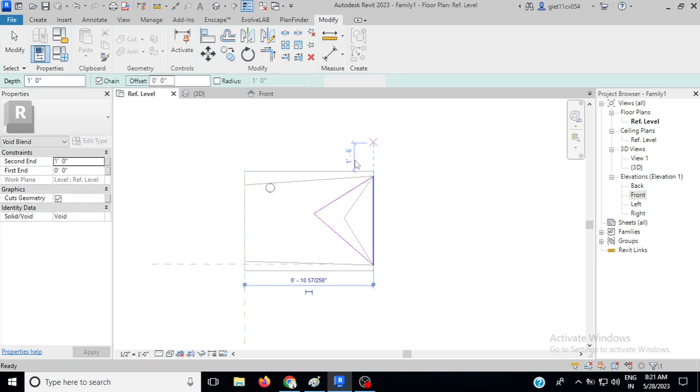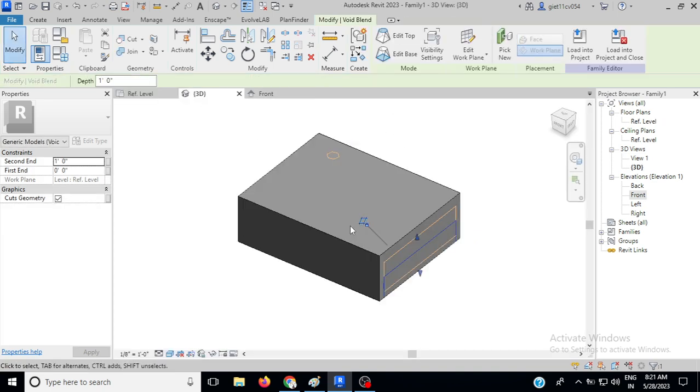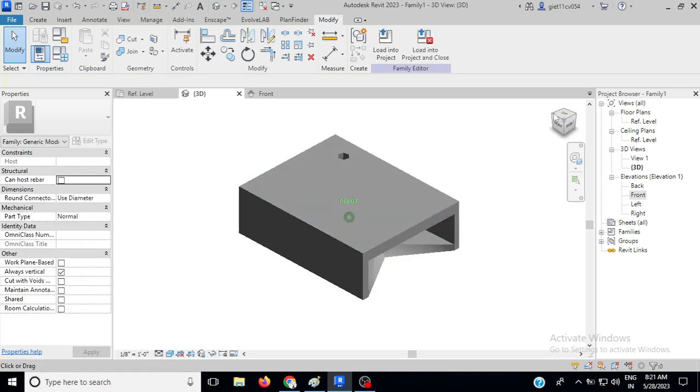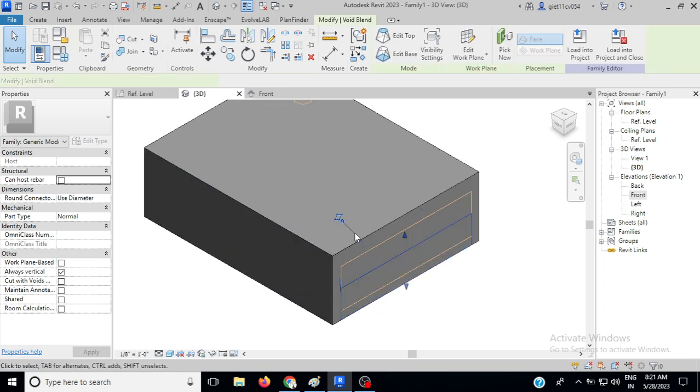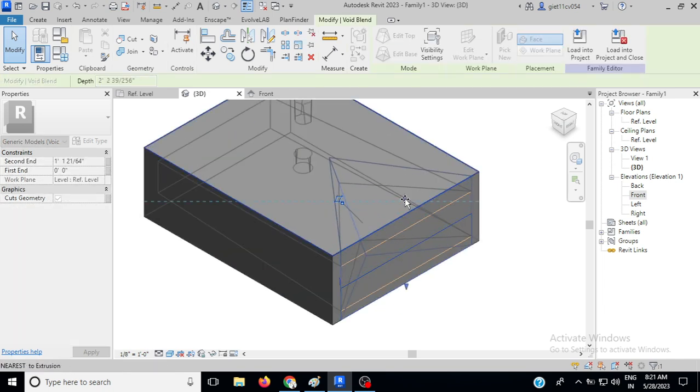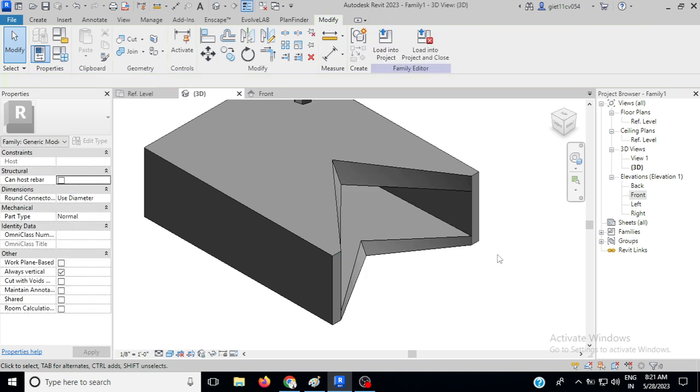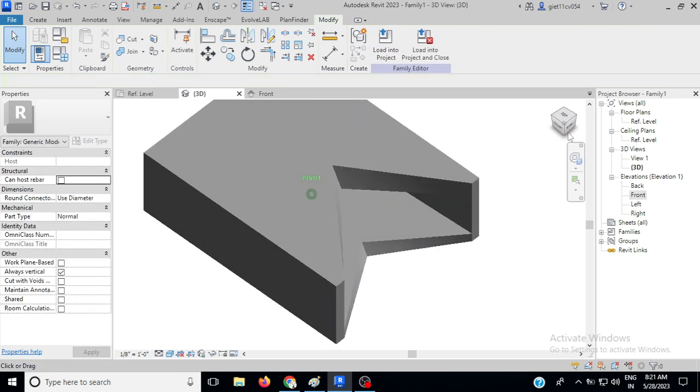Finish it. Go in 3D, you will see. You can see this one. If you want to increase a little bit, it will cut both the upper and lower. Okay,